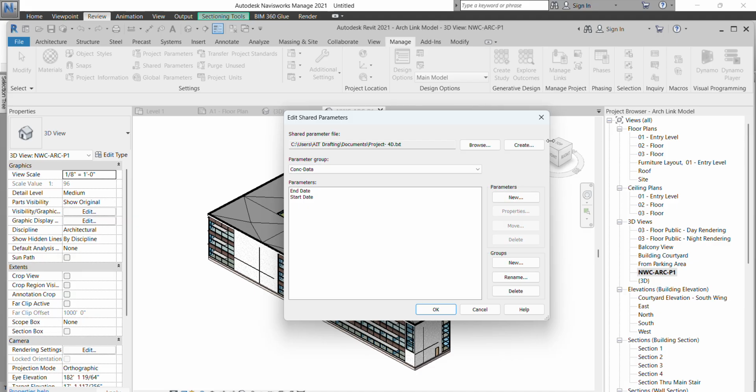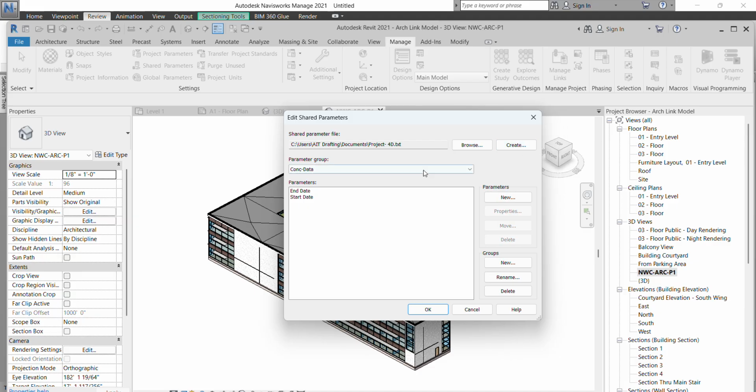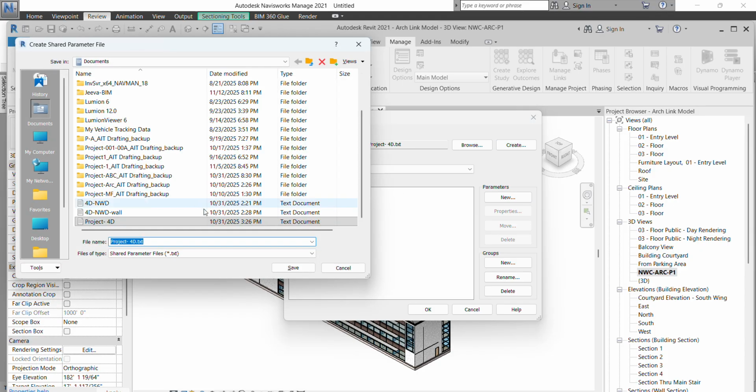Sometimes your company will give the database, or otherwise you need to create a new database. So the shared parameter file. Maybe some project will give the file. Otherwise you have to create the file like